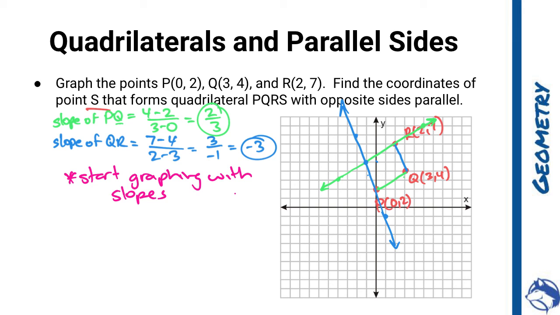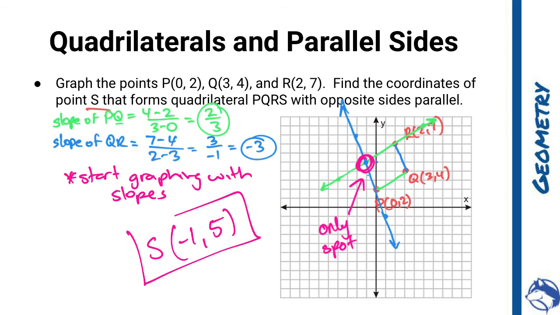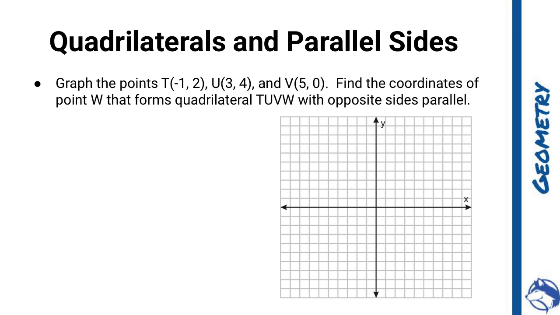So now the point where they intersect is the only spot that it could be. So what this means is that this is my last point. So S is, looks like it's a negative 1, 1, 2, 3, 4, 5. So negative 1, 5. So the way